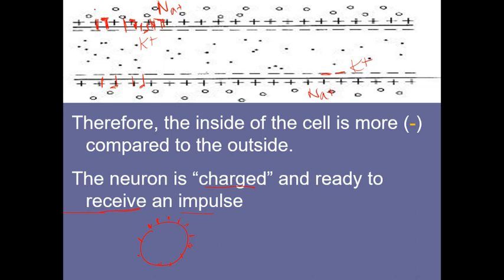What's going to happen is something happens to this membrane. You touch something, you feel heat, an electrical impulse comes in from another neuron. Some sort of stimulus occurs. And if it's enough, it's going to open the first channel, or the first few channels. When that opens, sodium will start flowing in. And if enough sodium flows in,